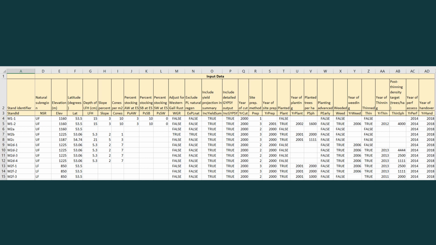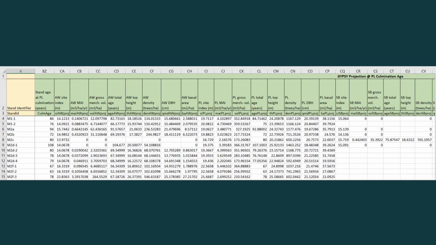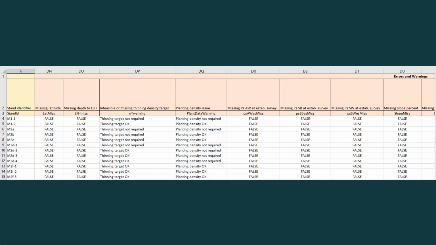The output is displayed in groups of columns, starting with input data as shown here. By scrolling to the right, you will also see regeneration forecasts for conditions before and after thinning, at performance assessment, and at handover 18 years after cut, and yields forecast to MAI culmination age. And finally, the batch output report will give you a complete itemization of error and warning messages associated with each